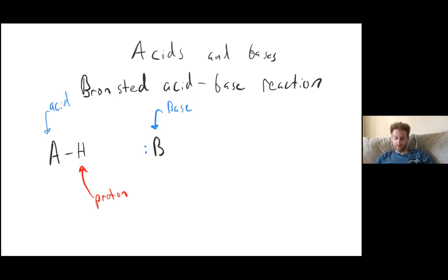And what's going to happen is your base is going to do an attack on this H here. We are going to grab the H, the proton, kick out the electrons that were in the bond,